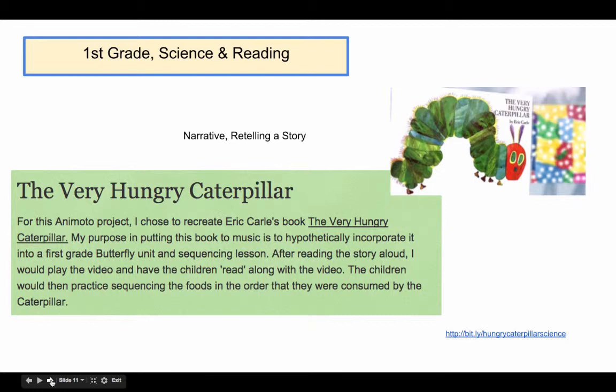This particular digital story is one that integrates several areas of the curriculum. One is reading language arts, using storybooks, having students read storybooks aloud, and it also integrates with the science curriculum. A popular unit in the lower elementary school is the process by which a caterpillar turns into a butterfly. And of course, Eric Carle's illustrated storybook is a great way to work on that lesson. So you could see from reading the blog post that the teacher wrote here how she integrated reading and science, and how her students were also involved in reading aloud the story that she put together in her digital story.